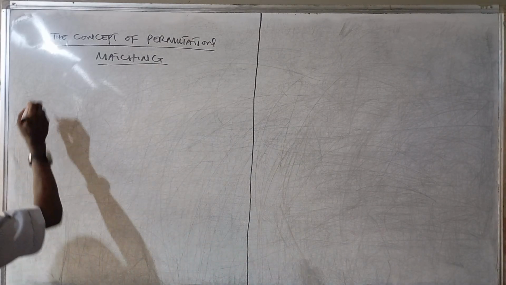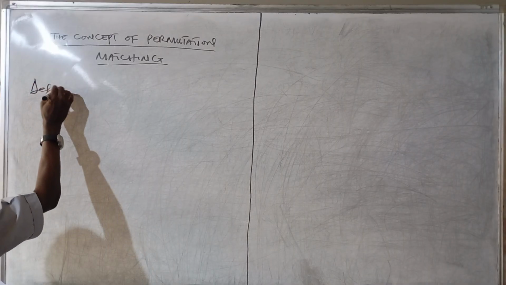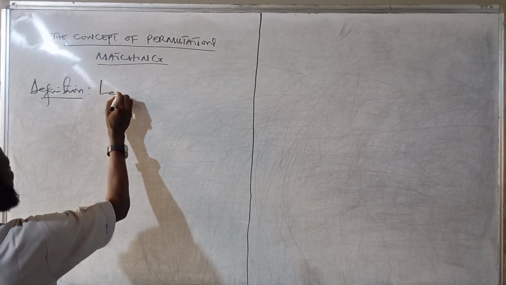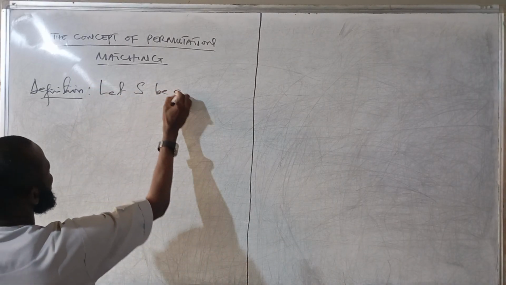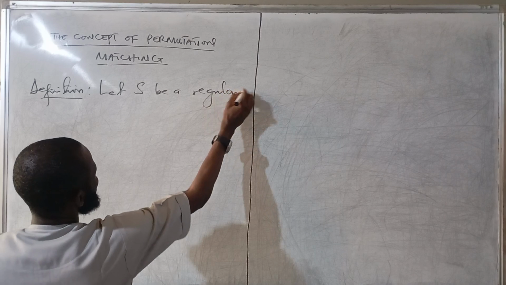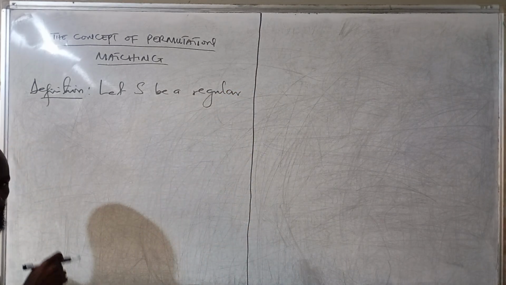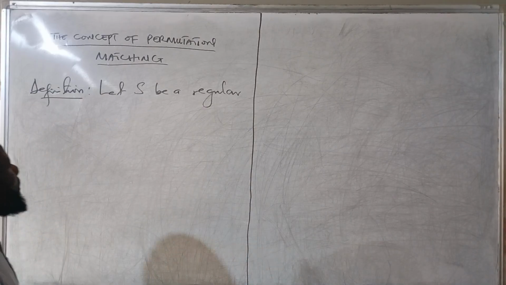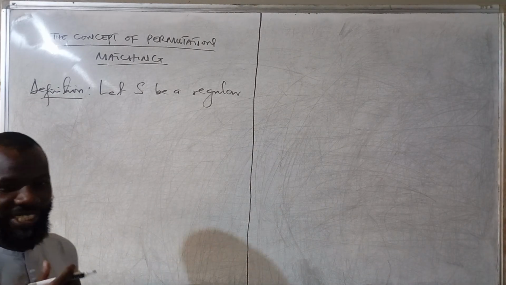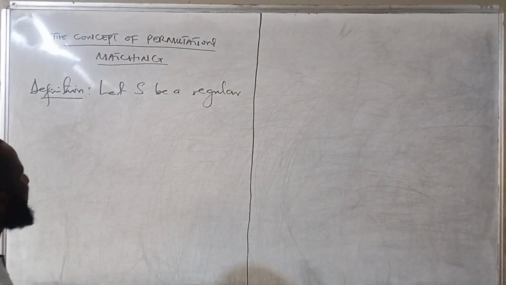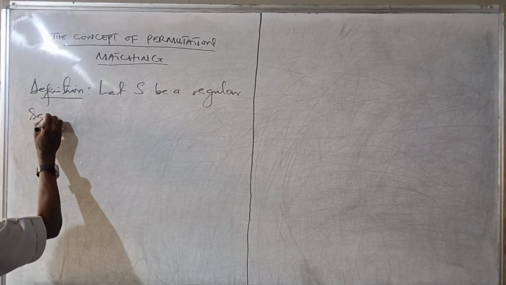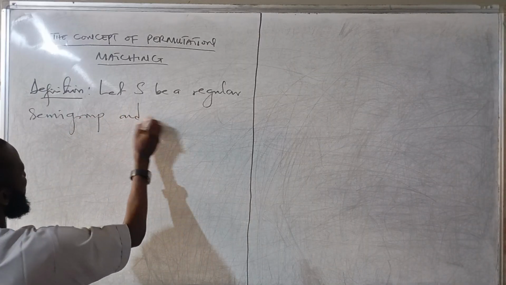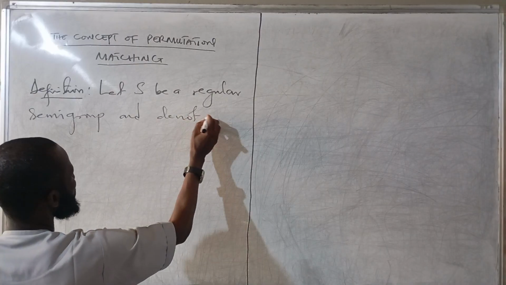So the definition of permutation matching. Let S be a regular semigroup. So one thing I have to emphasize is that this concept is defined on a regular semigroup. So the concept is not available in semigroups that are not necessarily regular. So you have to have a regular semigroup, and denote by